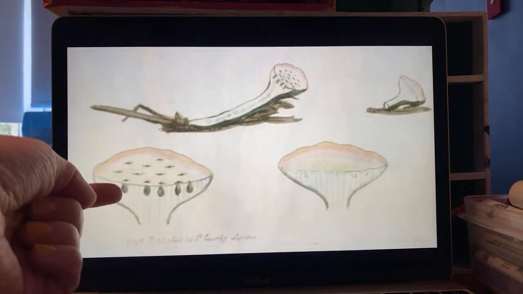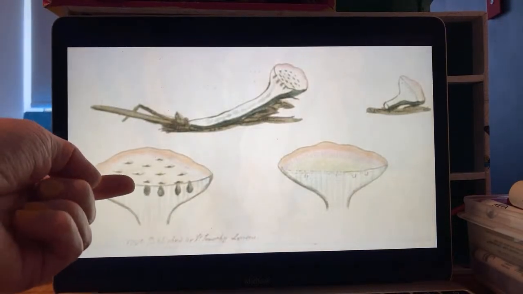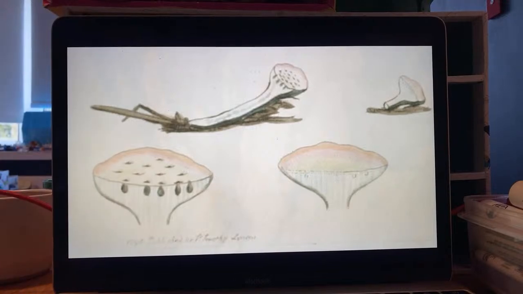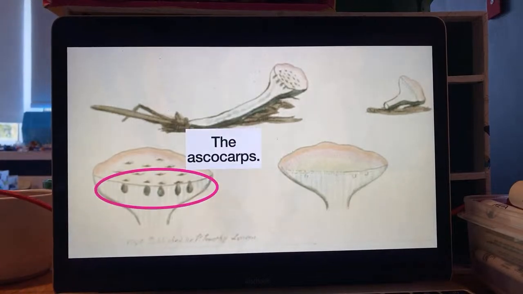Look, you can kind of see these little cups that look like dots, but they're actually little black cups sort of embedded into the nail fungi. So those are the ascocarps. So pretty. Anyway,